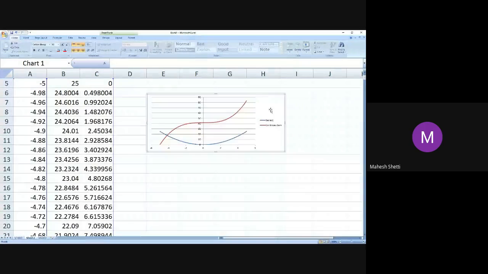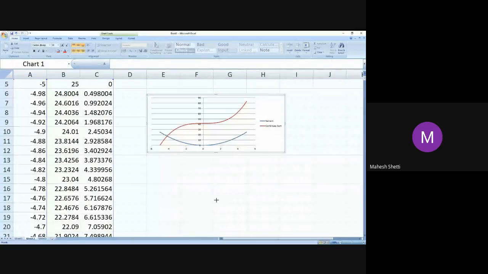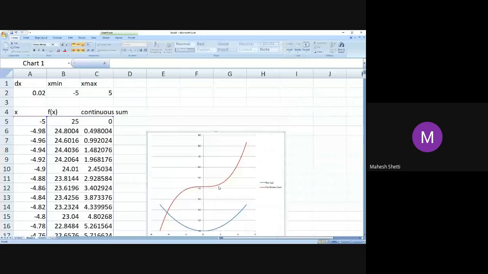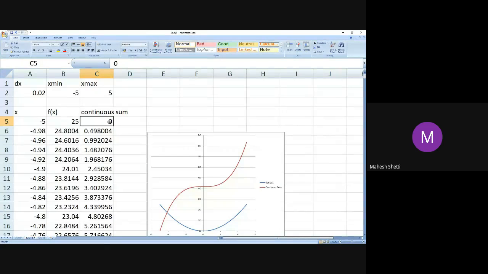So you see what is happening. Here I'm getting a parabola, and on top of that, this continuous sum is nothing but x cube kind of sum. The constant of integration has changed because I started with sum as 0. So that constant of integration is going to decide, but the functional nature I can always get from this.